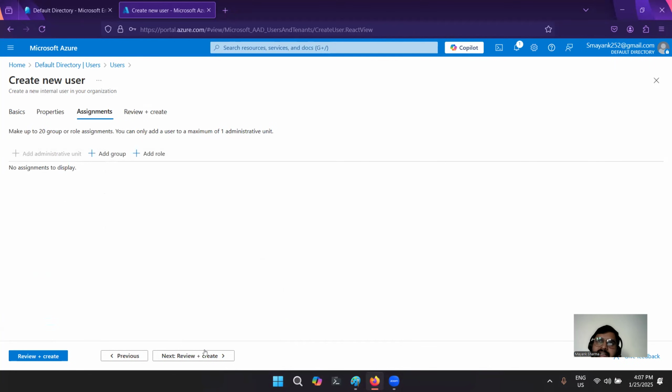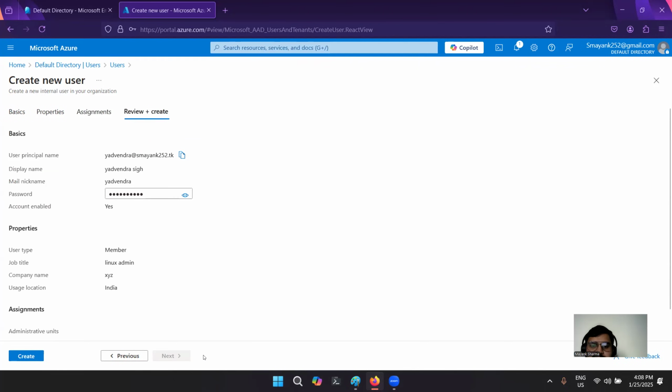Okay, so till now we don't understand about authorization. We are only understanding about identity, so we are skipping this part. We'll see this part when we are learning the second most important thing managed by Azure Entra, which is authorization. At that time, we'll see what the groups and roles and all of this are.